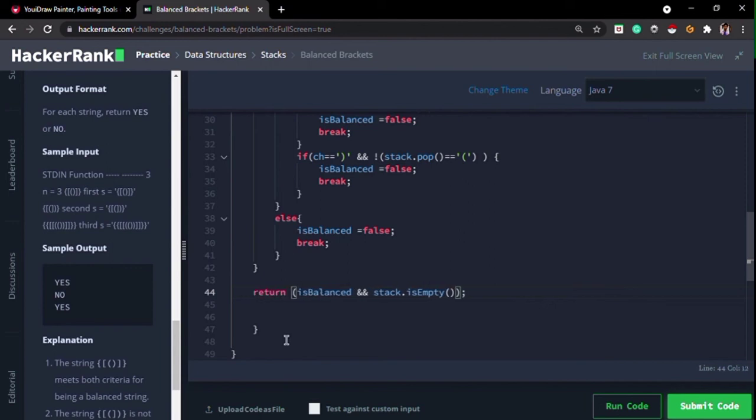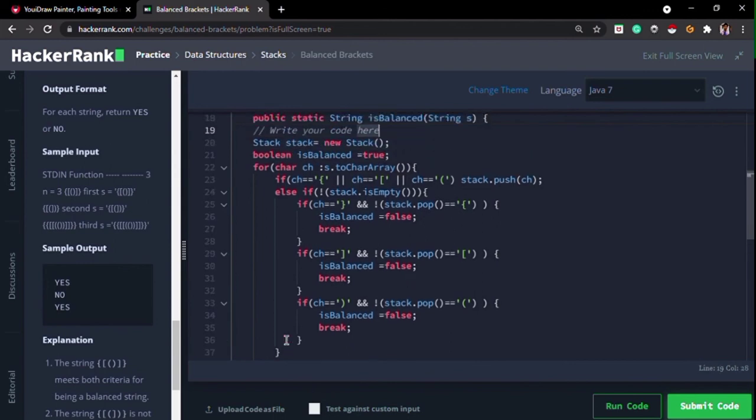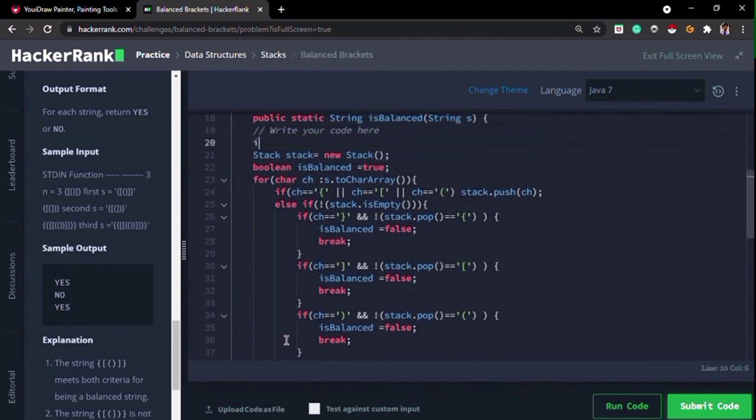Return if this is true, then yes, otherwise no. Okay, and we forgot to handle the base case, where we will encounter an empty string. If s equals empty string, return no.